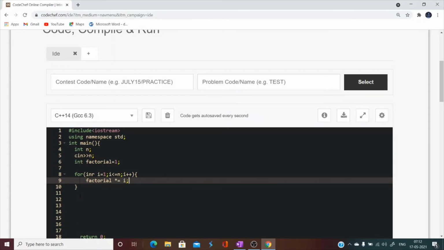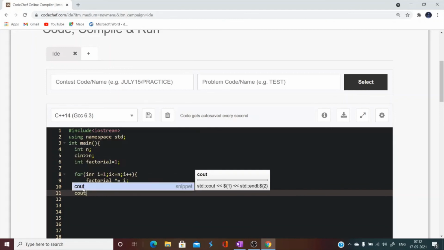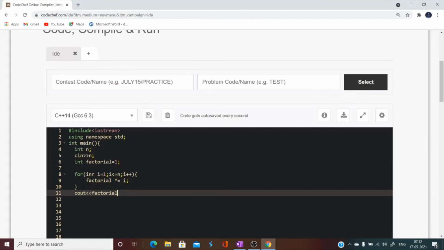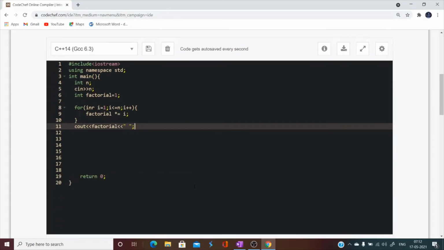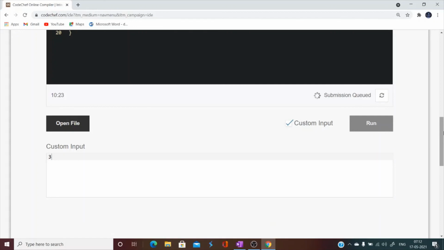Now after the end of the loop, the factorial gets the entire value stored. So cout factorial. I am giving input 3 already. We'll see what the output will be for 3.